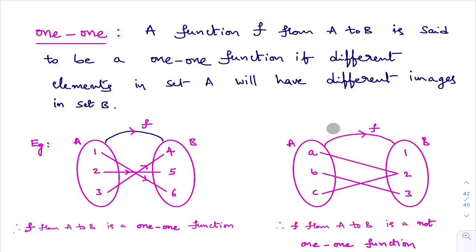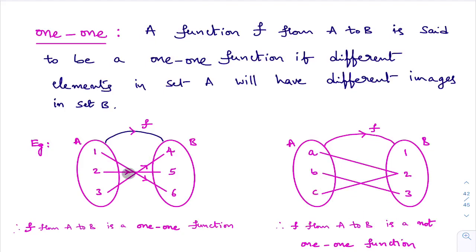First of all, you check, is it a function? You see this example, is it a function? Every element in set A is used. It is used only once. Yes, it is a function. This is a function, but it is not a 1-1 function. Okay, this is a function. This is a 1-1 function also.